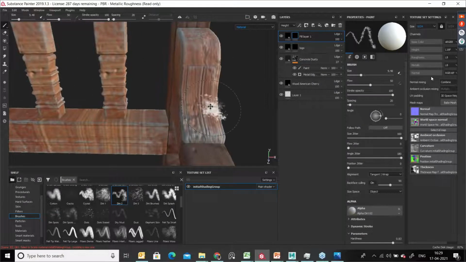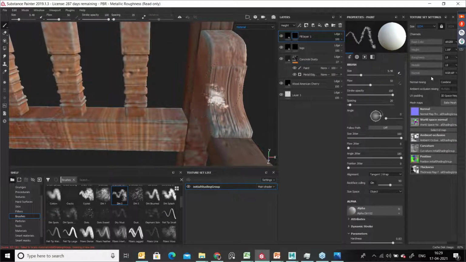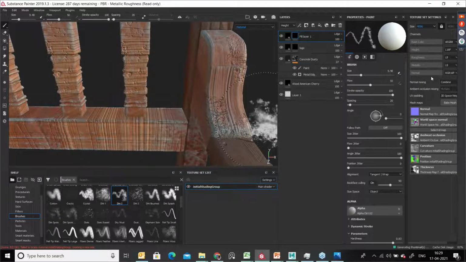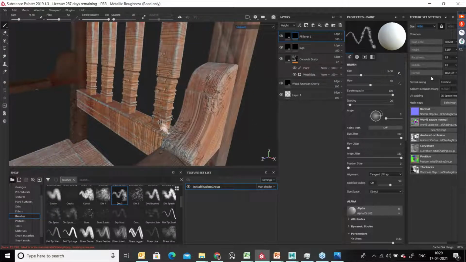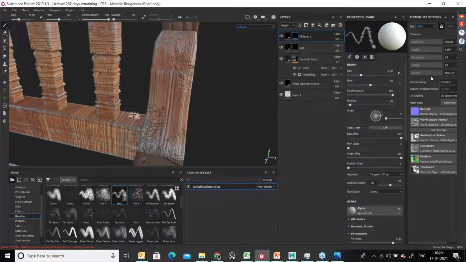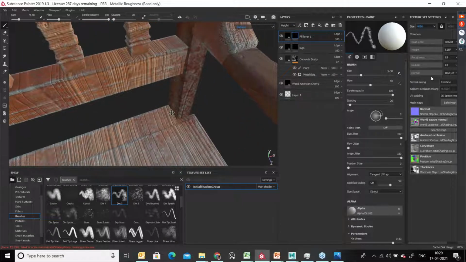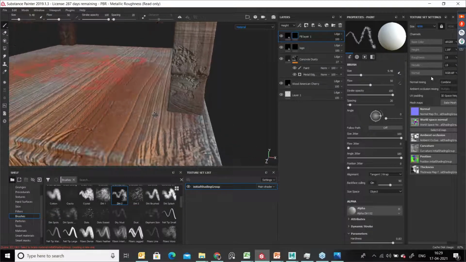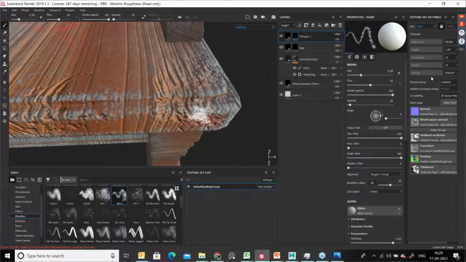So I would like to show how it looks in 4K. We'll check it out once. Just go for 4K. See here, it's looking nice. So we used different brushes. Because of that, it's looking very nice, right? And here is the pattern. See, wow. The chair is really an old chair.